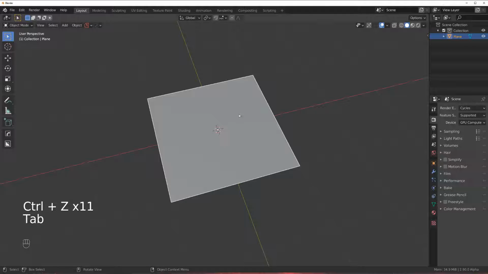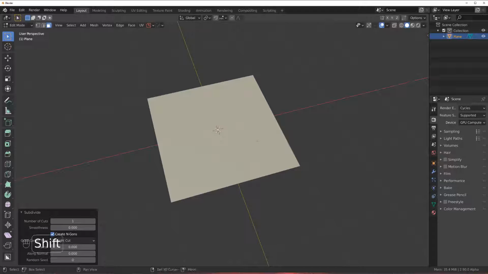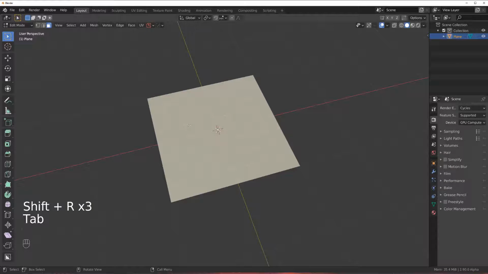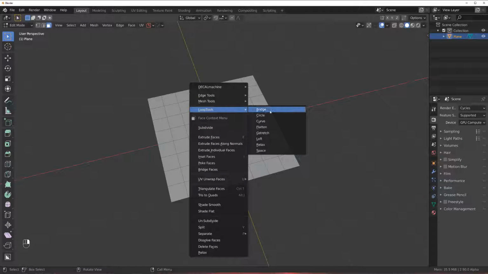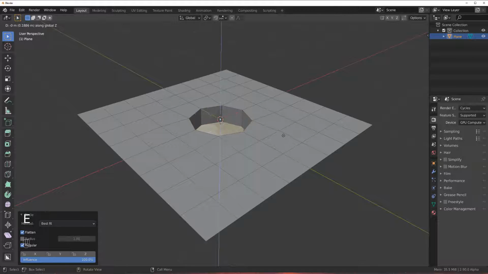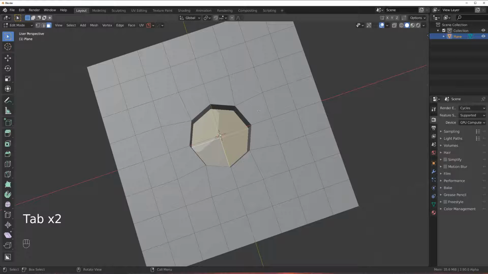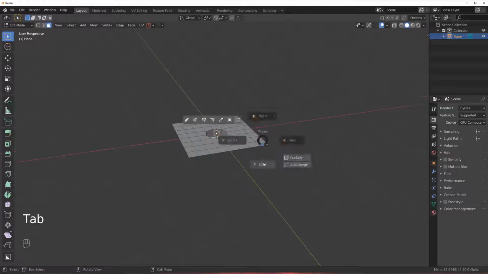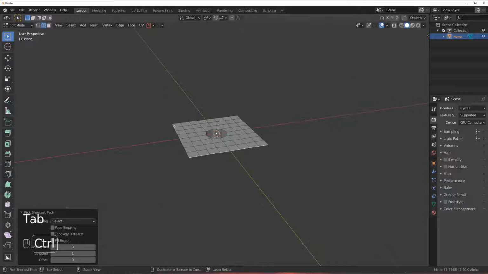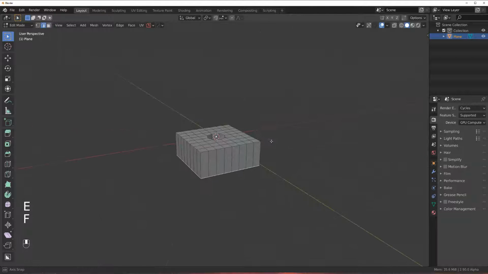Another way of using this add-on will be to create a circle. So if I subdivide it a few times, and let's grab these four in the middle and use Loop Tools, Circle. See, it's going to create a circle. Then you can extrude it and you can subdivide this mesh because it's perfect quads, which means, let me show you. If I select all these edges and extrude them down and create a face,